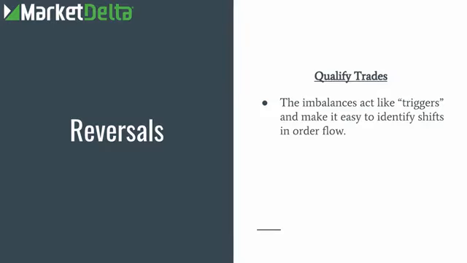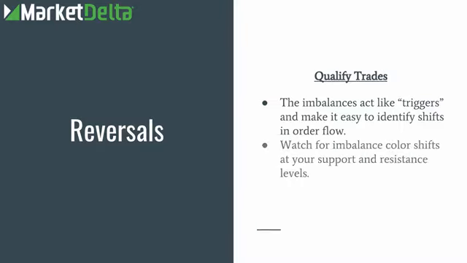It's because as the market approaches, let's say you've got a resistance level up above where we're currently trading, when the market trades up to that level or around that level, and you see a sell imbalance come in, you see it literally light up in real time on the current bar, that is a trigger. That's a sell trigger. And so that can really help you identify market reversals at key levels. So you want to watch for these imbalance color shifts, as I call them, or triggers at your support and resistance